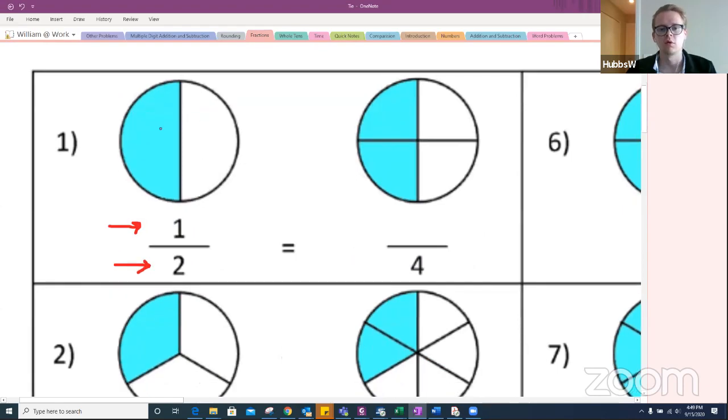So the whole, in this case, if you think of this like a pie, has been divided into two pieces. And we've highlighted one piece of those two. So we've highlighted half of this circle. So the part that's highlighted goes on top, and the total parts that we've divided